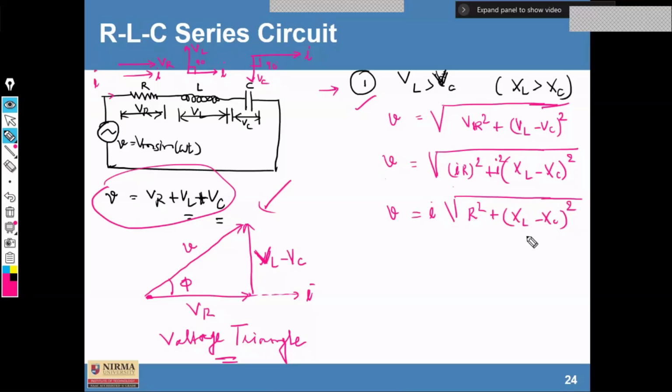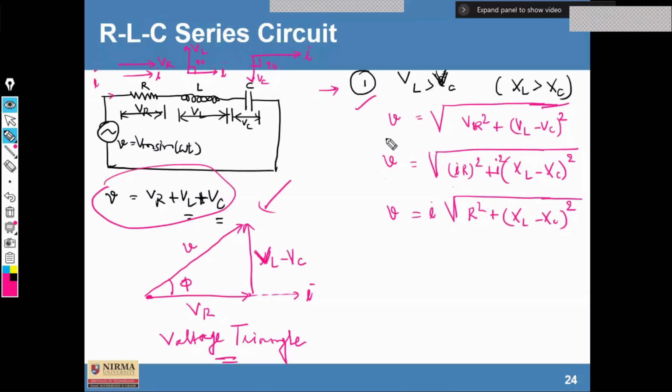Okay. Now, what would be the condition? Like if XL and XC are equal, fine. Then here we can have only the resistance in the circuit, because the effect of XL and XC will be nullified, and we can say it is a purely resistive circuit because the net reactance is zero in such conditions, and hence we can say if XL is equal to XC, then the circuit behaves as a purely resistive circuit. Power factor of this circuit is unity, correct?